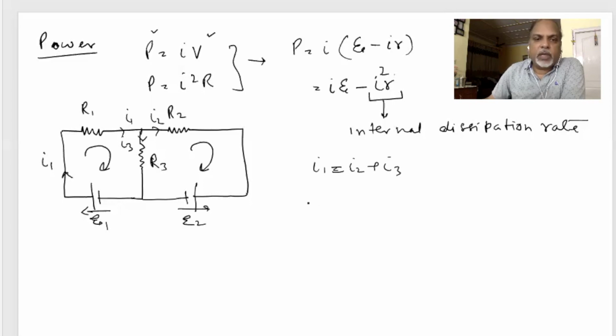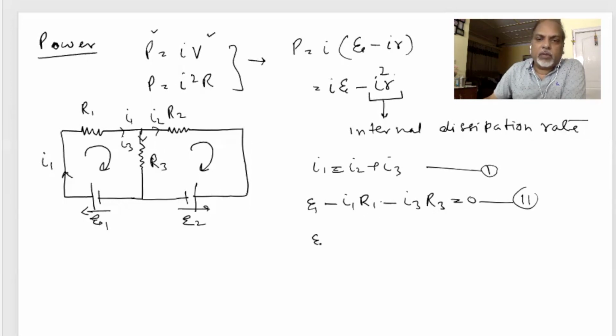Second equation we can get, this E1 minus I1 R1 minus I3 R3 is equal to 0, and this will be 1, this will be 2,